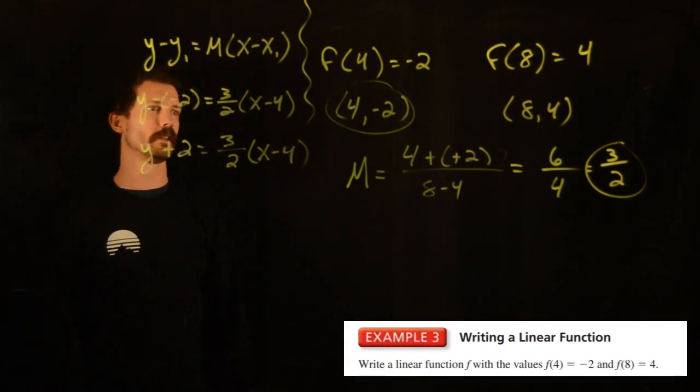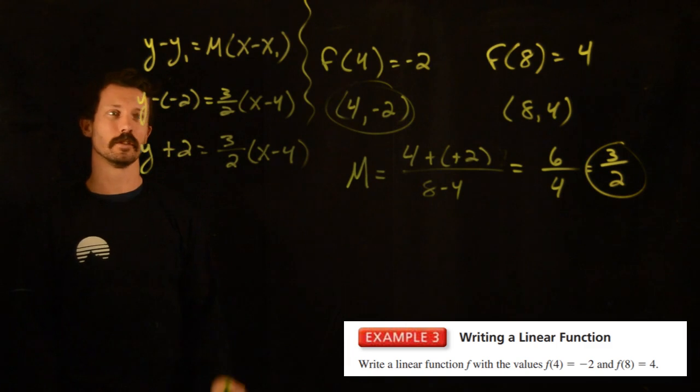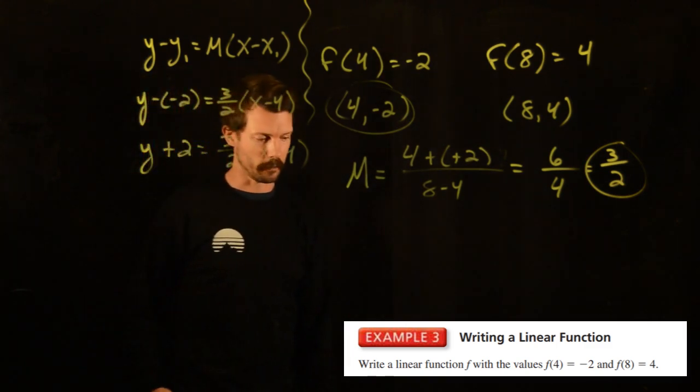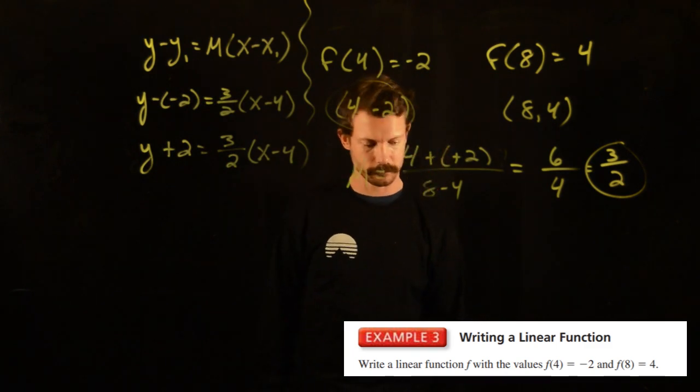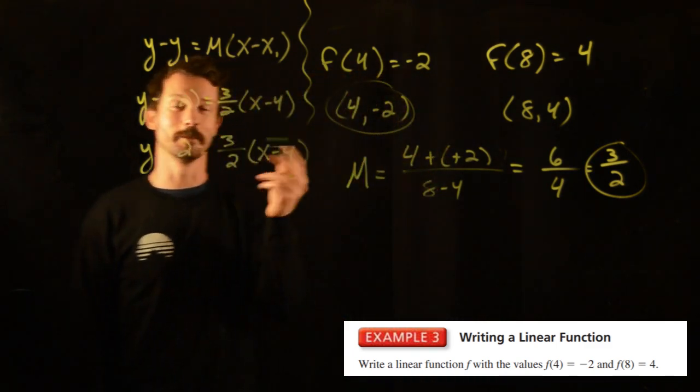You're done. You don't have to put it into slope-intercept form because it doesn't ask you to. It just asks you for the function. However, it does ask you for the function. So what we have to do, and I actually misspoke,